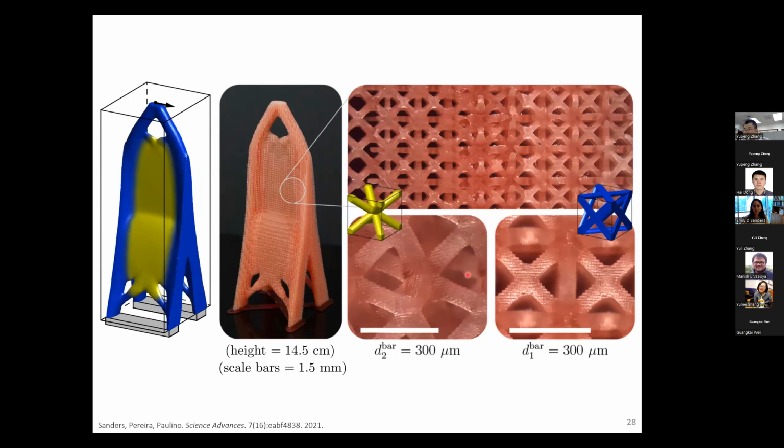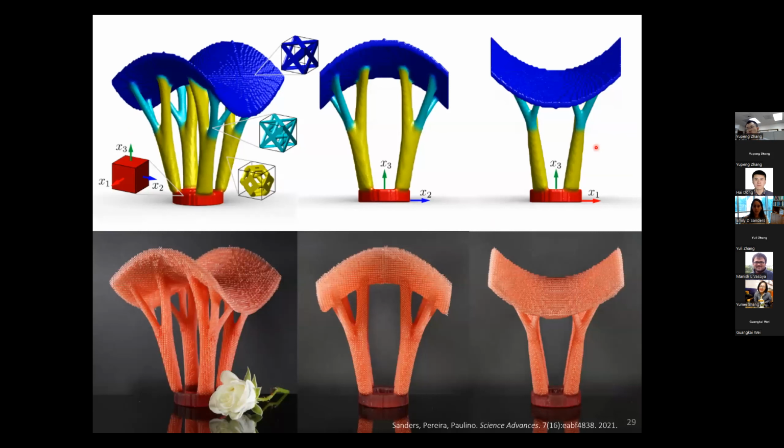And then the third beam, 2 unit cells and the transition between. We've also used the formulation to design and manufacture slightly more complex and slightly larger scale structures. So here we have a hyperbolic paraboloid canopy structure that has a uniformly distributed vertical load applied to the top of the canopy. And the canopy region is fixed to be the geometry of a hyperbolic paraboloid, and it's specified